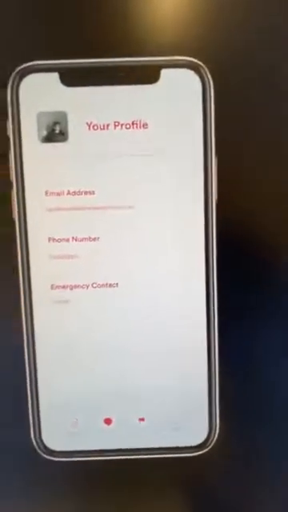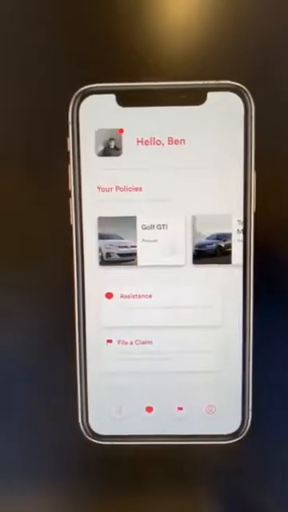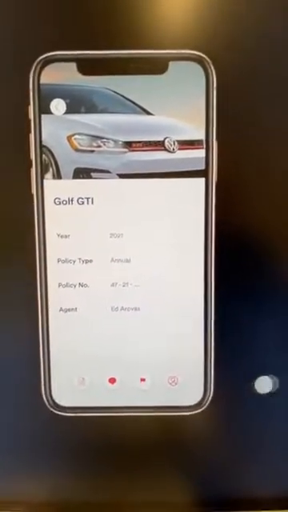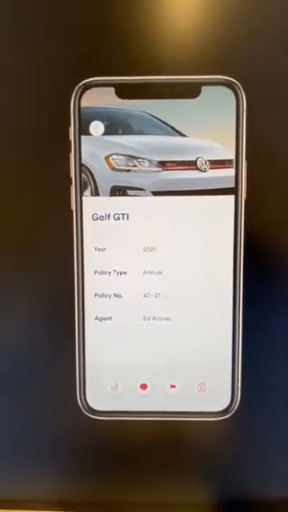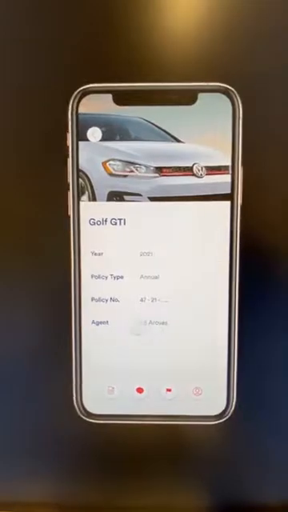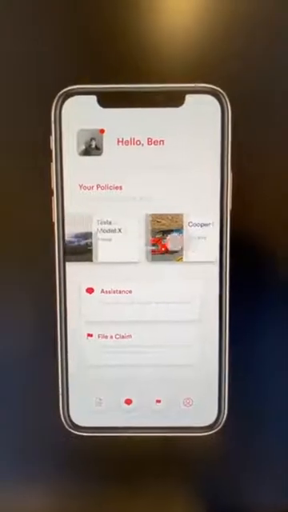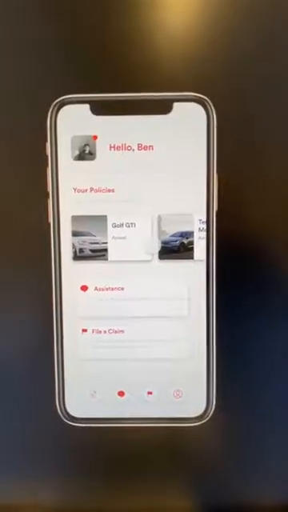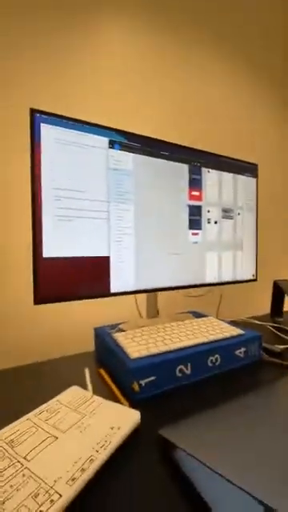So if I want to view my profile, I've got a profile with an email, phone, and emergency contact. And if I want to go back home, I can do the same. And then viewing the policy is pretty simple. This menu stays the same down here. And then we also have the policy information, really simple stuff, the number, the type, my agent Ed, as well as the year, and then we're back. So that's the initial, within a few hours, we went from the sketch to the working prototype. Now I want to go back to some of this work here that I've done